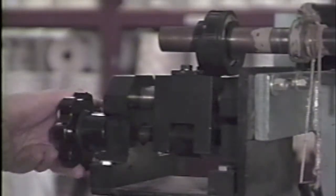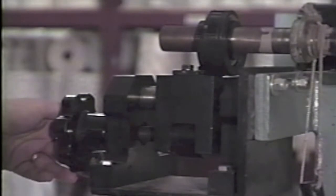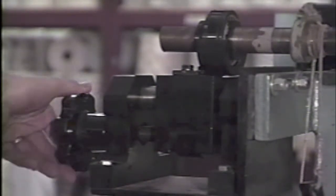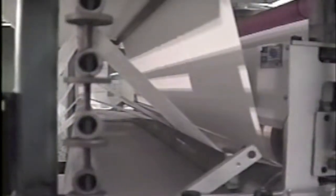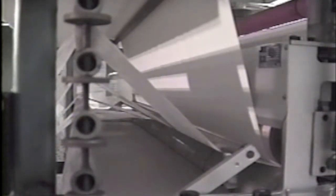A sideways registration bar allows the fabric to be easily moved laterally to ensure that it's centered on the paper. Note that our transfer process allows you to print to the very edge of the fabric. The paper moves over the heated roller while the fabric is pressed down with a rubber roller to set the